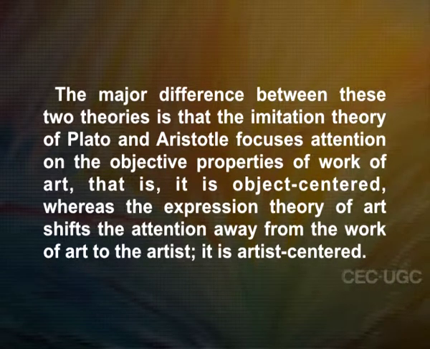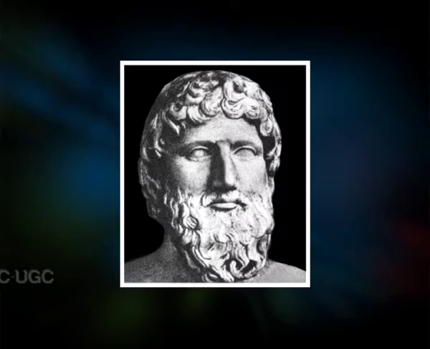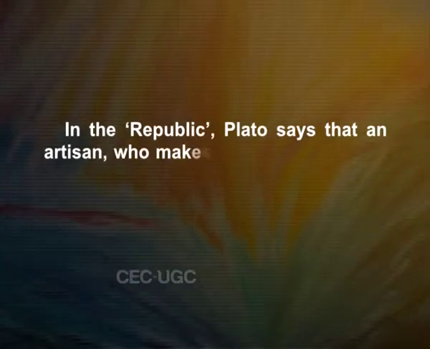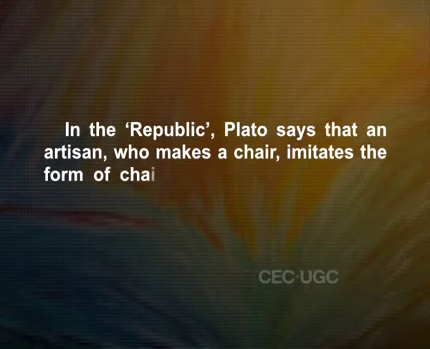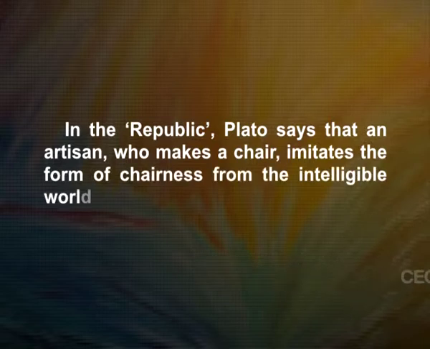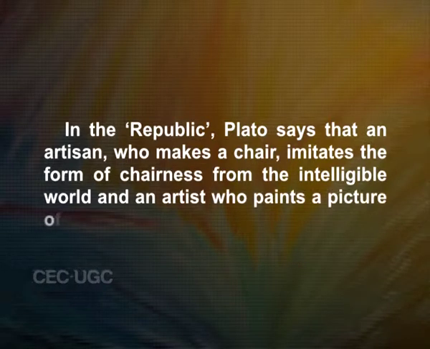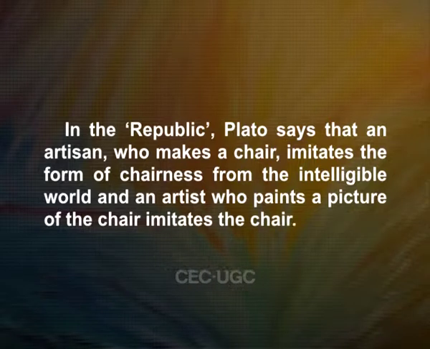It is artist-centered. In the Republic, Plato says that an artisan who makes a chair imitates the form of chairness from the intelligible world, and an artist who paints a picture of the chair imitates the chair. There are then two levels of imitation. He asserts that artists are two times away from the truth, so that art cannot be a good source of